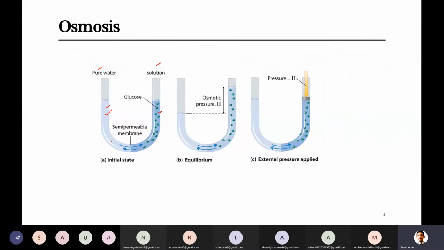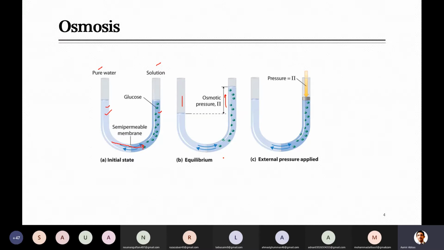So water will move from this side to the other side where there is a high concentration of the solute, and this will continue. It will keep on moving. The phenomenon shown to you here is water moving from this side to the other side, and the level will keep on rising on the other side. Then finally this will definitely reach some equilibrium, and this will stop.